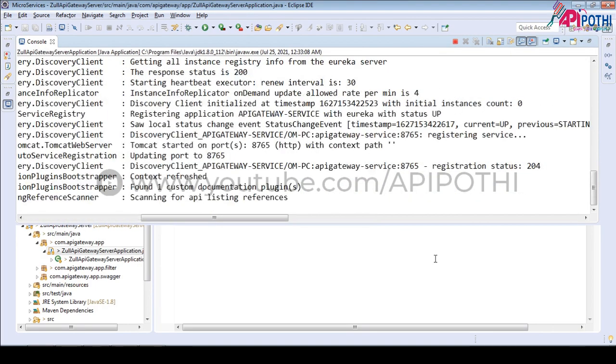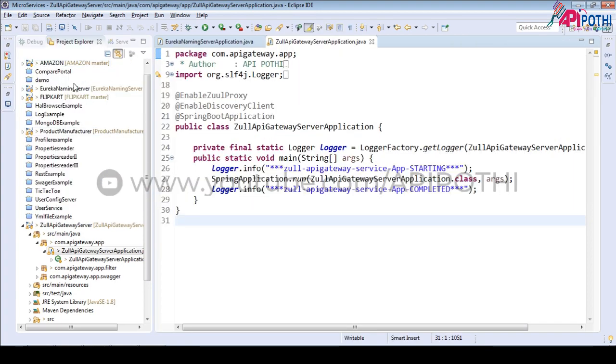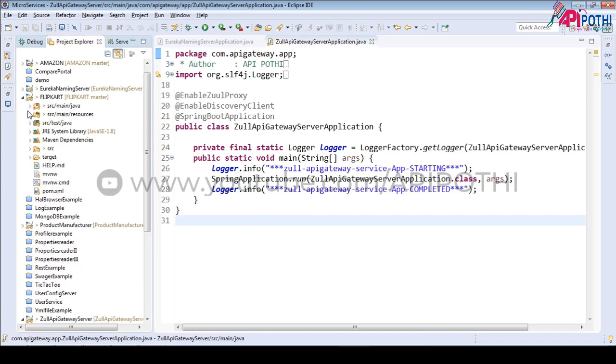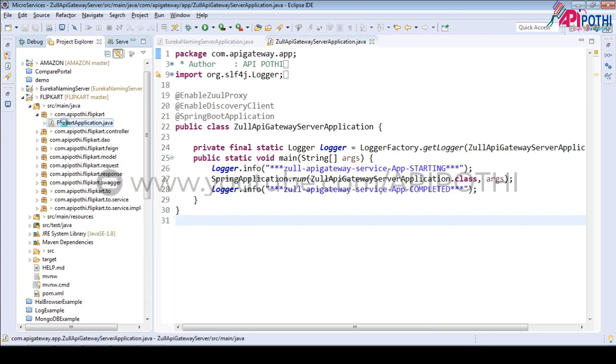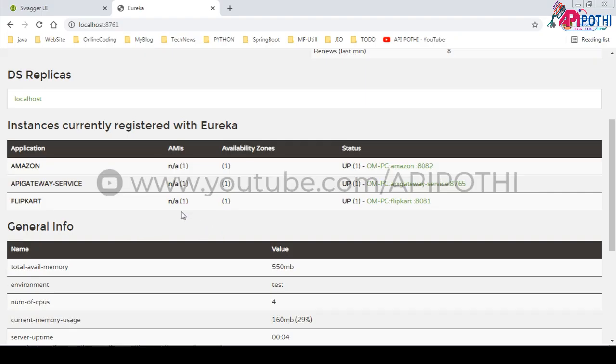So now let's run API gateway successfully. API gateway is done, right? Now we can run either of the others, there is no dependency on that, either Flipkart or Amazon. So now if you see here, all our applications are running. API gateway is running, Amazon is running, as well as Flipkart is running, right?